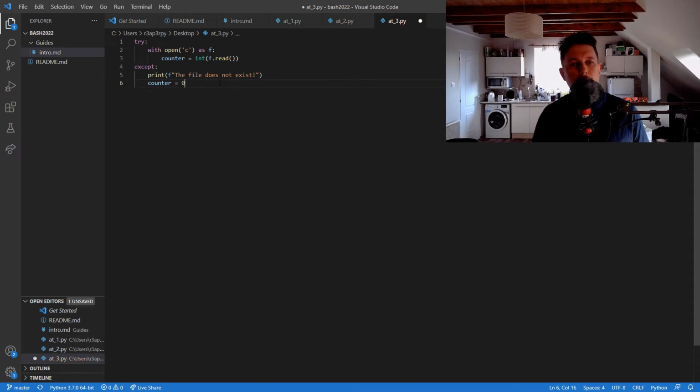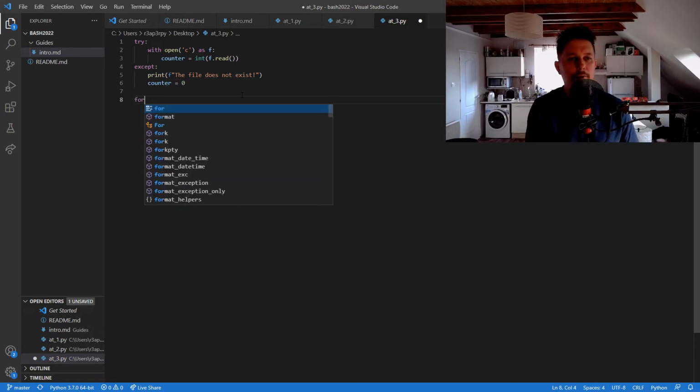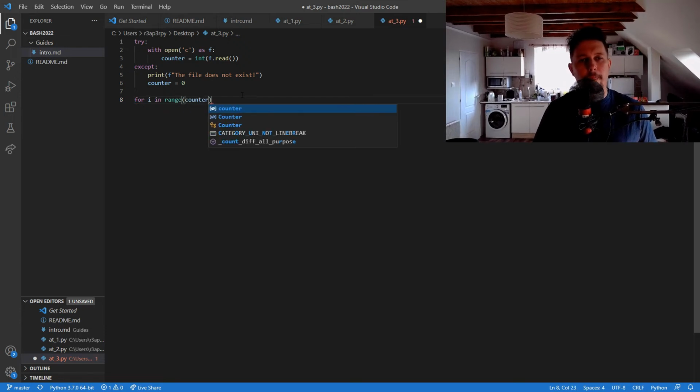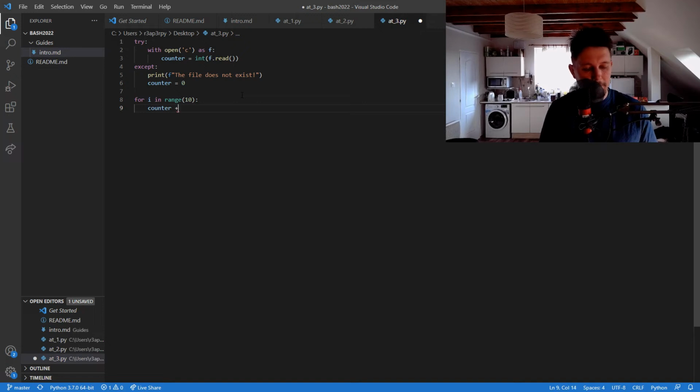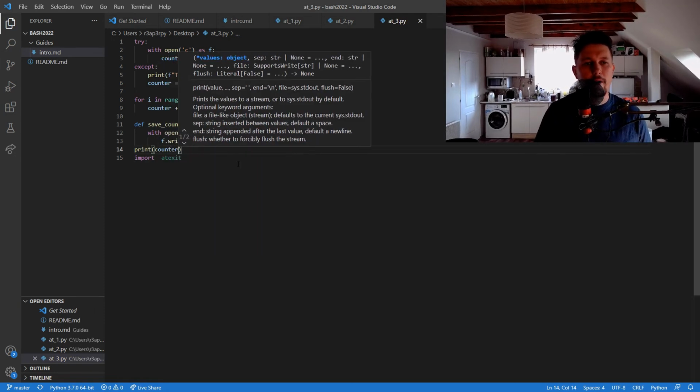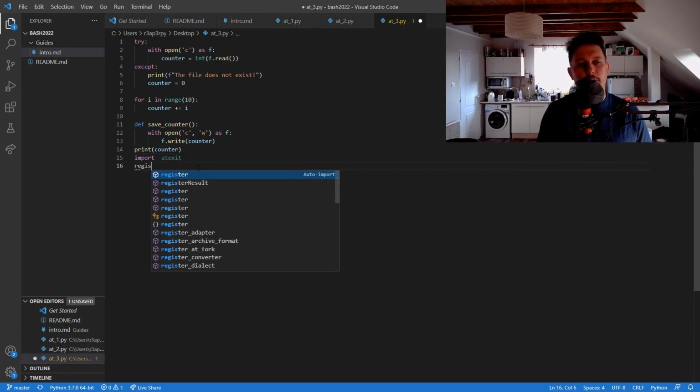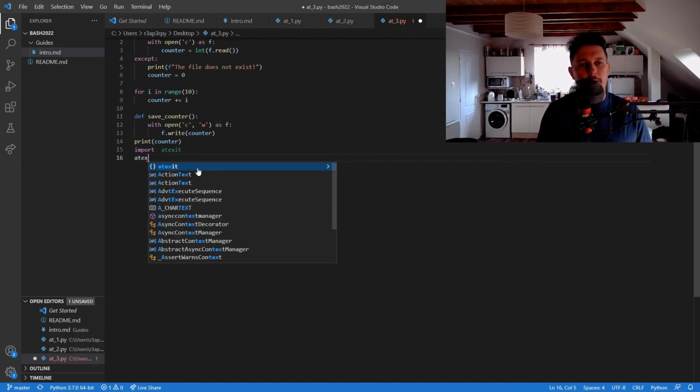Now what we would like to do is go ahead and for i in range 10, increase the counter with the value of i, and we would like to create the save_counter function, with open C as write, we would like to use f.write to save the value of counter, and import atexit, and after that we can print the value of counter and register, hold on, atexit.register